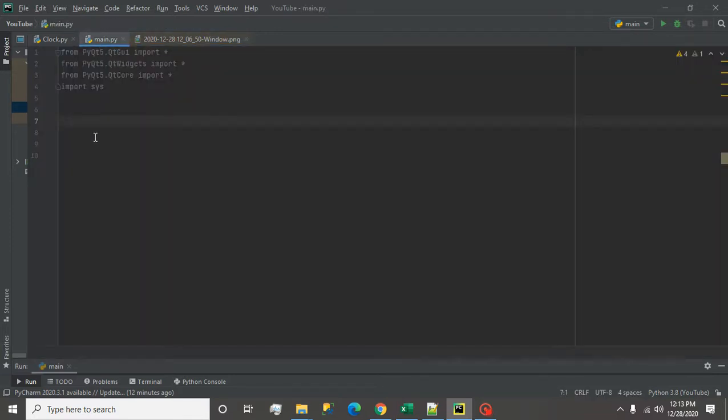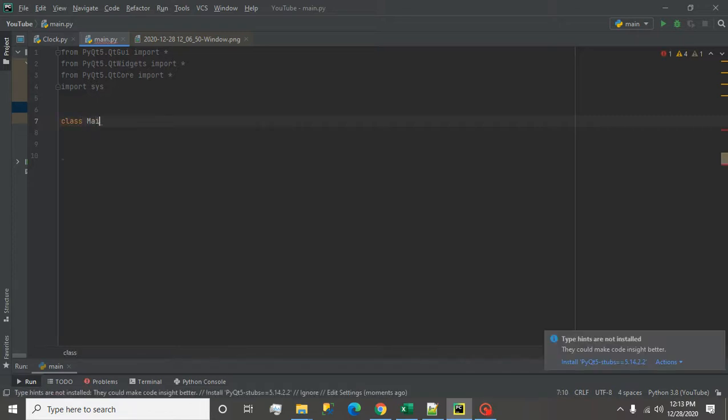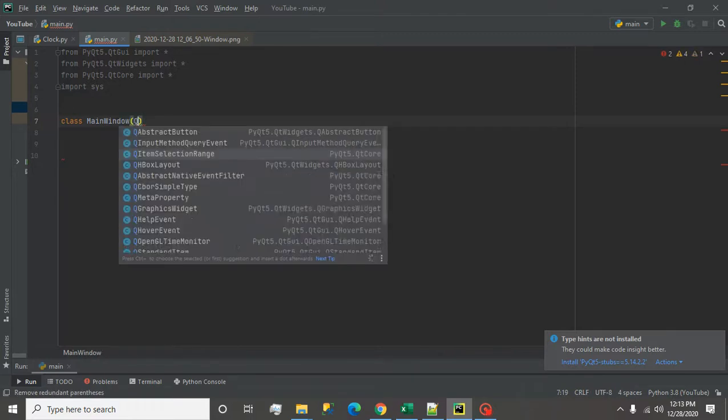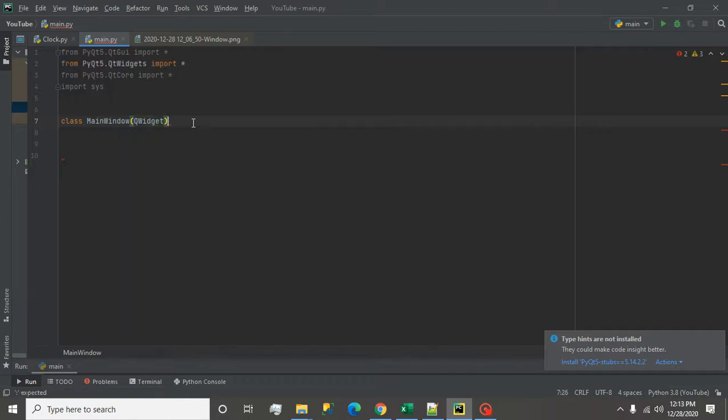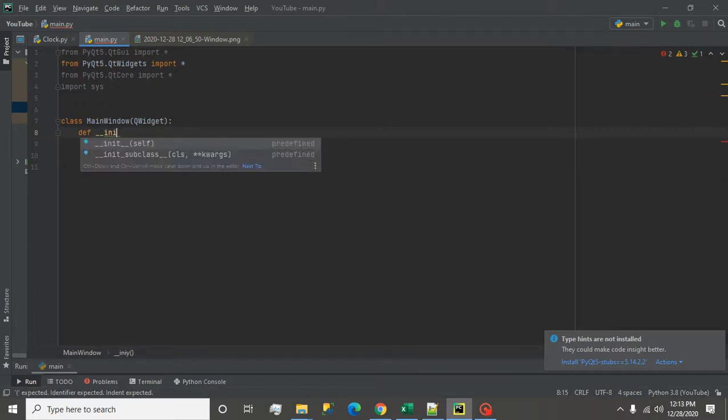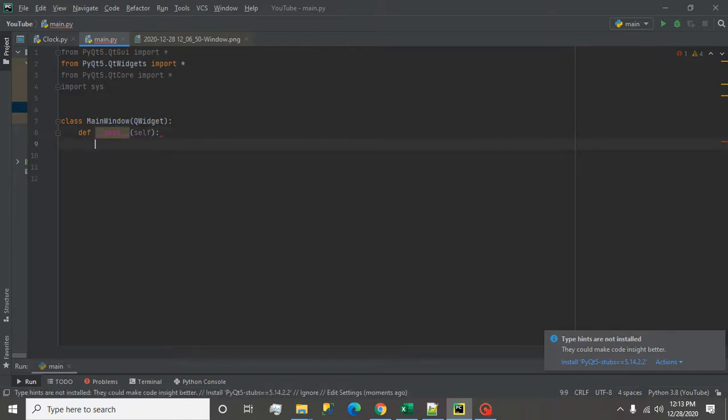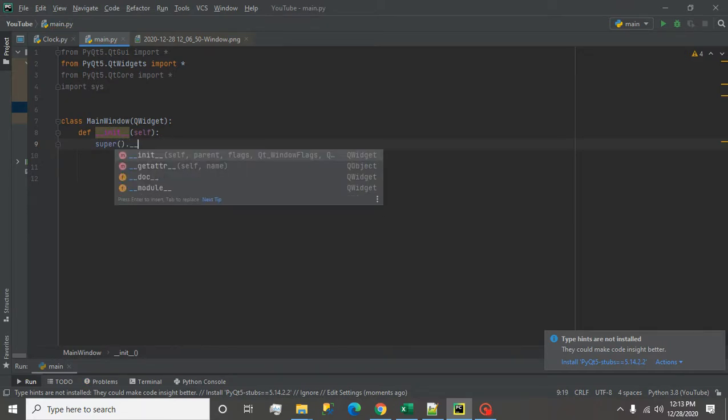First of all, I'll create one class, which is the main class. I'll write the name MainWindow, and here I pass the argument QWidget. Now I create a constructor, so for that I write init. Here I call the super method, and then I write a constructor.